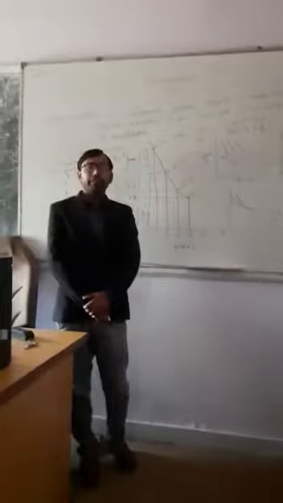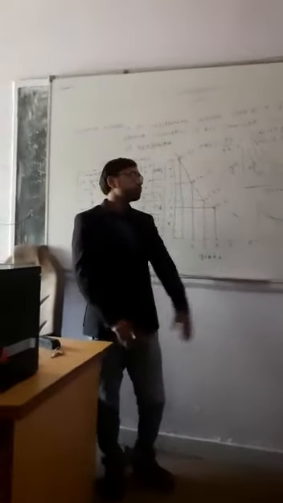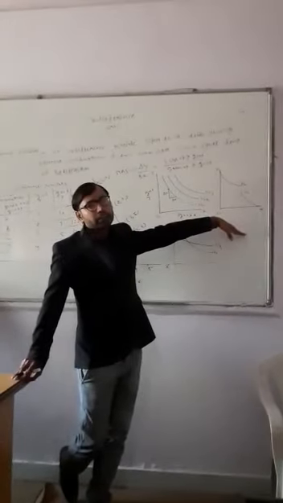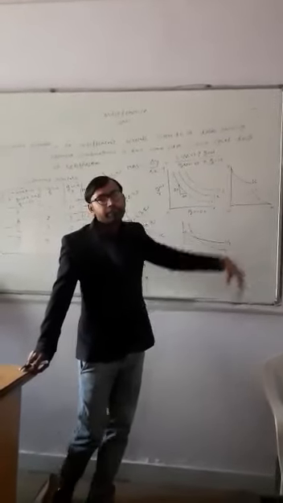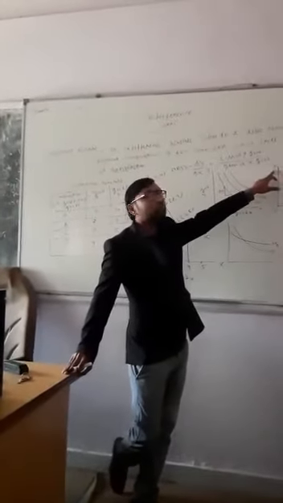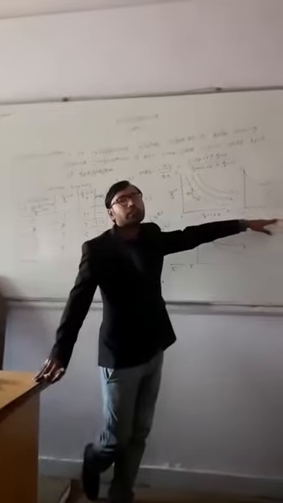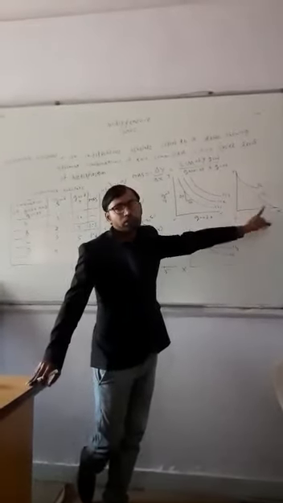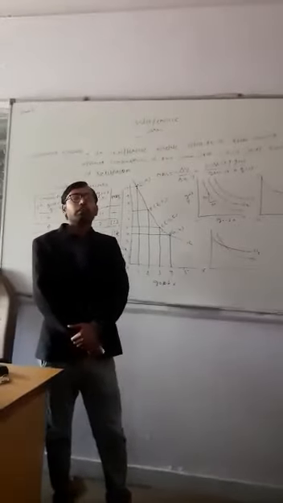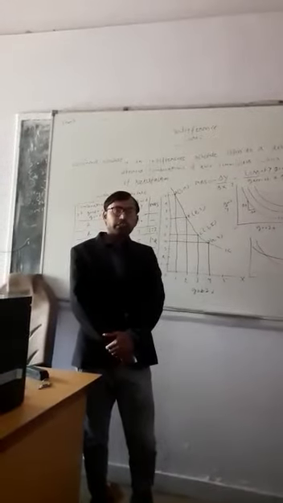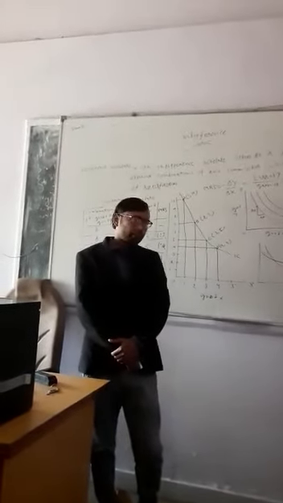Next property of the indifference curve is that an indifference curve never cuts the x-axis and y-axis, because in the indifference curve we take two commodities. When it touches the y-axis or the x-axis, it means we are consuming zero quantity of one good at that point. So the indifference curve never intersects the x-axis and y-axis.